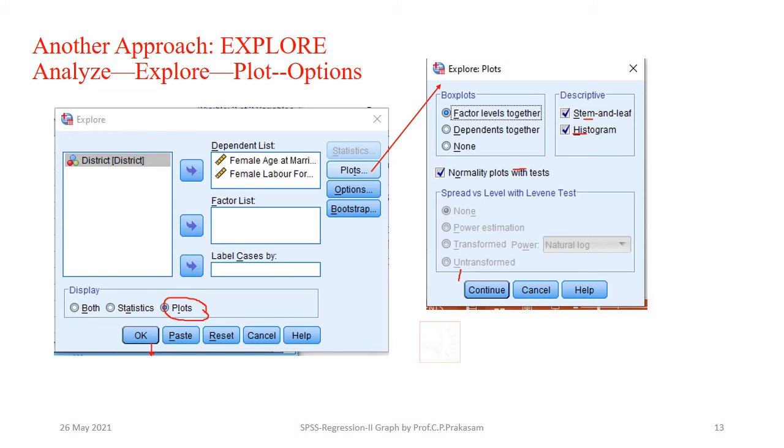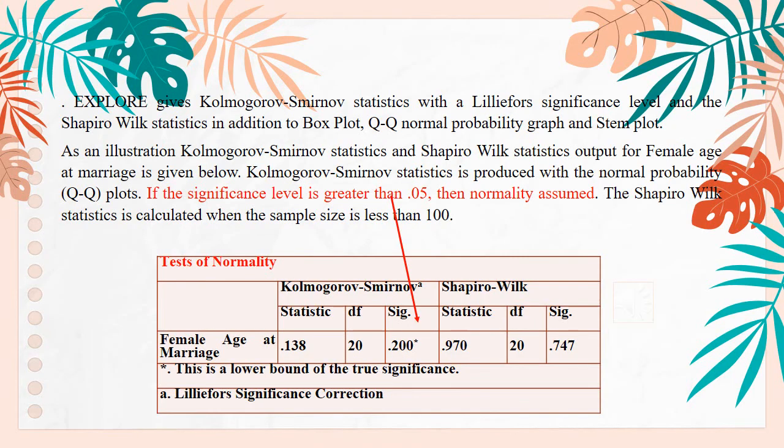And then come back to the Explore editor. In that you will find plots, and that is a radio button. Click that button and say OK. Then you will get the SPSS output. One of the uniqueness in this is that apart from the histogram and the normal plots, Explore will give you the test for that. Since we have discussed the histogram, normal distribution, and the Q-Q plots, the extra information Explore gives is the testing of the normality by using the